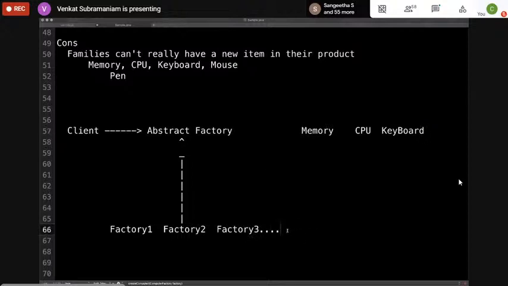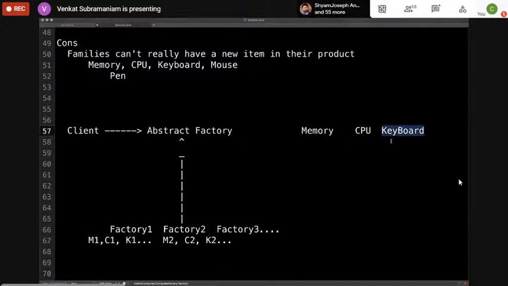This is going to talk to memory 1, CPU 1, and keyboard 1, and so on. Similarly, this is going to talk to memory 2, CPU 2, and keyboard 2, and so on. You get the idea, right?